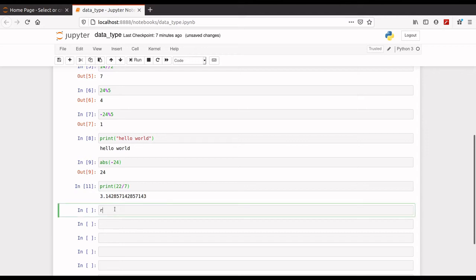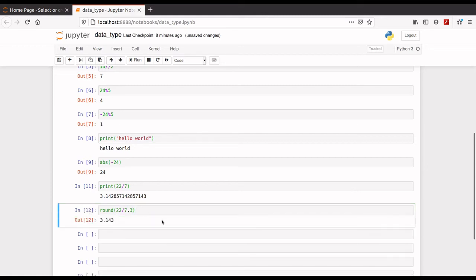So let's see, round, this is the value, and up to what digit you are going to round. Let's see, I want to round up to 3 decimal digits, so let's write 3. Yeah, look, the value is rounded.